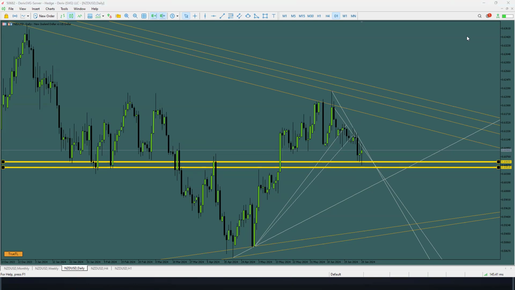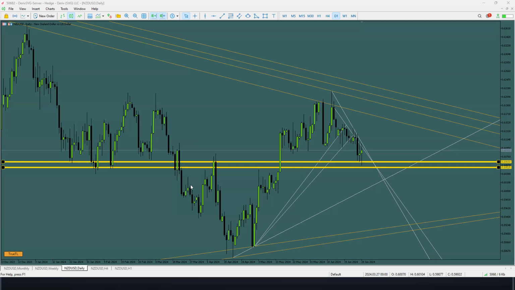Yes, Prince, go ahead with your question. Yes, good evening. So I want to ask, drawing the horizontal line, will it be at the tip, like the wicks, or the body? Where is the exact point that is good to draw those lines? Probably after getting your trend line, say you want to add more correlation to the whole chart by drawing your support and resistance. Is it at the wick or the body of the candle? Where is the best point? Okay, so